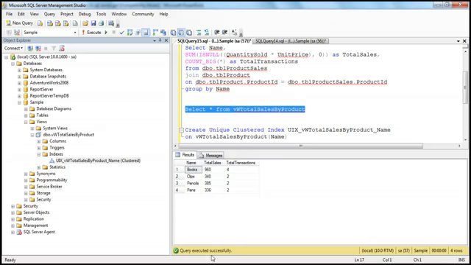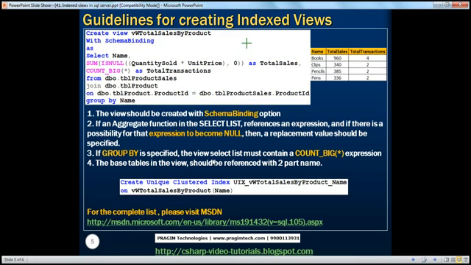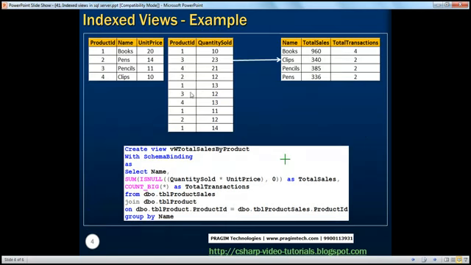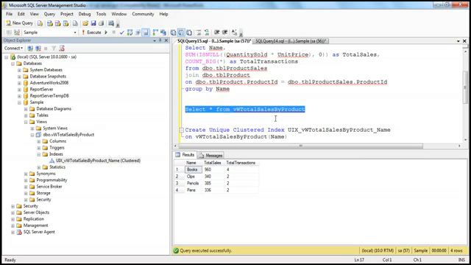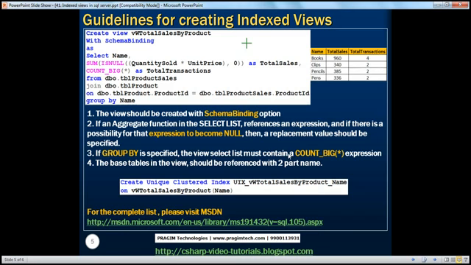Anytime a transaction is made and a row is entered into this table, the view is also recomputed and updated. So anytime people issue select star from that view, the calculations are done pretty fast, and it can significantly improve the performance of your query. Basically, indexed views are suitable at places where the data is not changed heavily. These indexed views are ideal for OLAP systems, in a data warehouse environment,